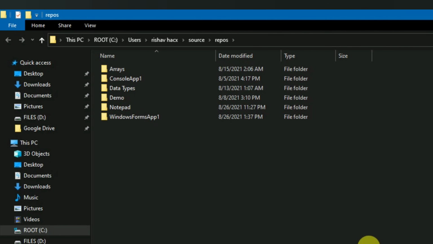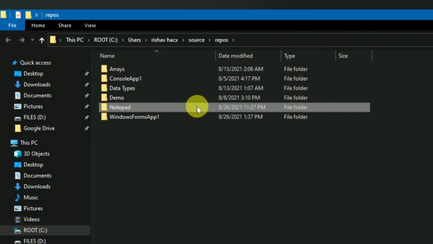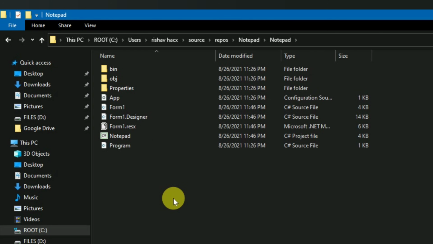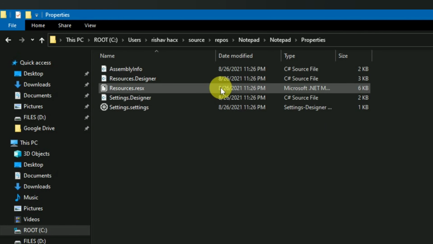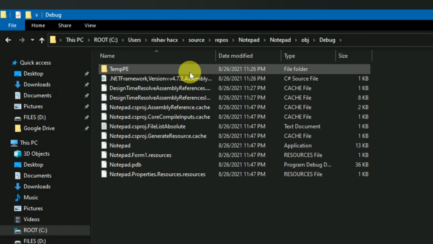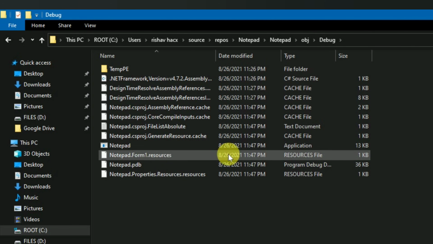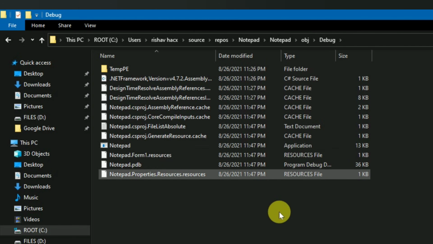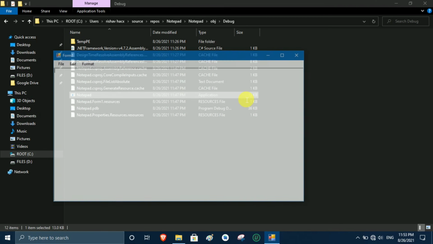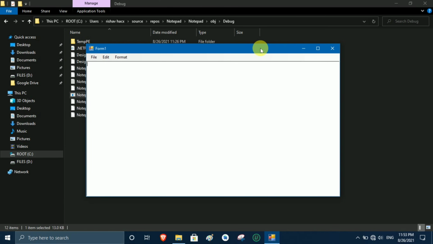Now I will show you something. Here, in the notepad folder that we have created, you see different files are available. We go to the properties folder, and here you see some files are available, but when we go to obj and debug, here you see the files available, and here is an application file, which means we can run the application from here also without opening our Visual Studio.